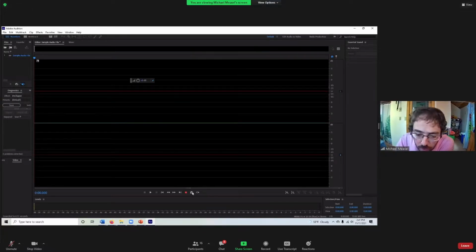Okay. So look at these symbols down here on the bottom where I'm running my mouse. You have your stop button, your play button, your pause button. This is a large skip backward. This is a rewind. This is a forward, and this is a large skip forward. And then you have your big red record button. That's the magic. So say you want to go ahead and play with a sample,